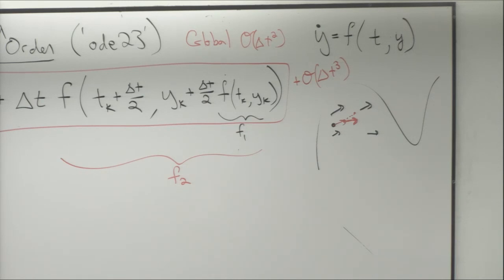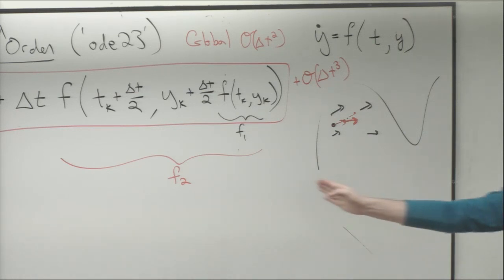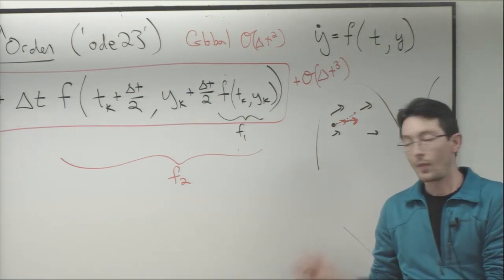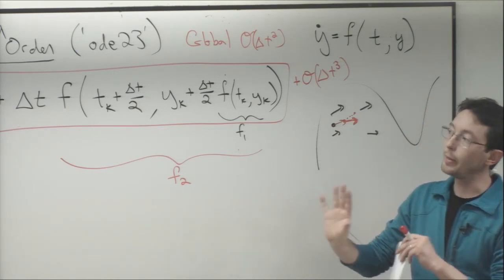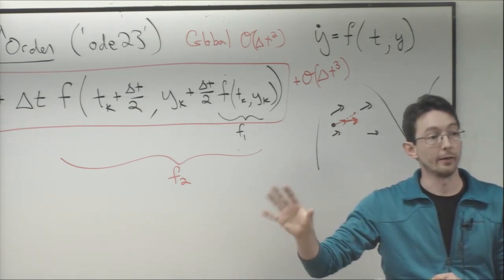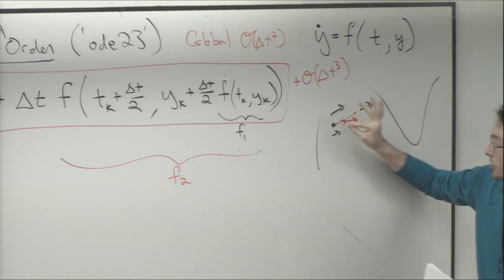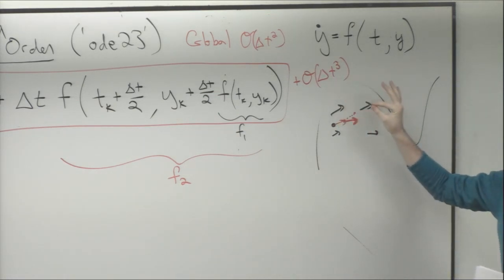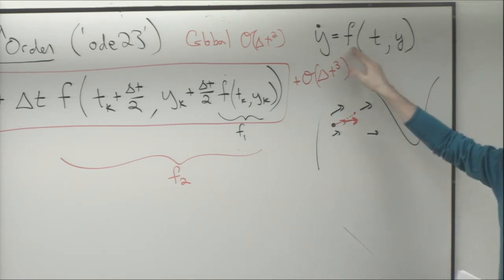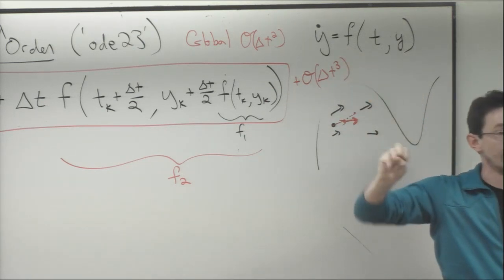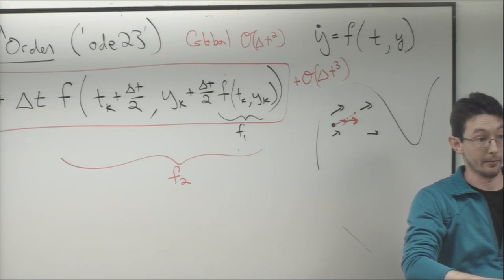Yeah? So if you just had a vector of data, and your data points are delta t apart, how do you evaluate at a half a delta t in between? Okay. So if I have a vector of data, then there's a fundamental difference between integrating a vector of data to find the area under the curve and integrating a trajectory in some differential equation. So I'm assuming that I have some function f that I can evaluate at any t and y I like. That's a really good point.